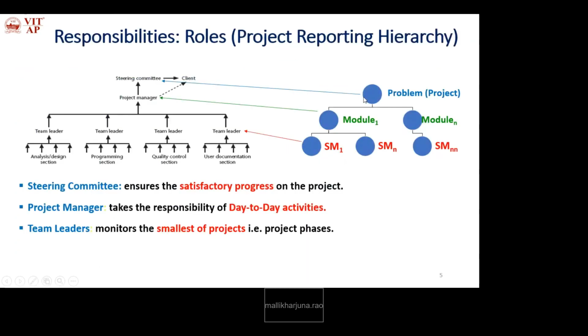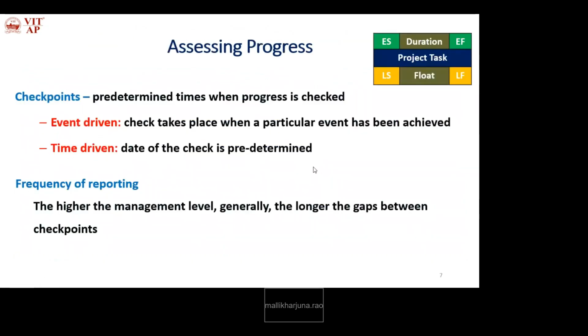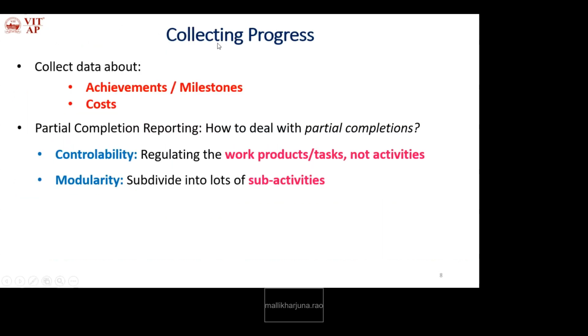Okay, so here we will prepare the report at each level. On top level, in the middle level and in the lower level, and also for every task, every parent task, for every grandparent task. Okay, we will collect the progress and assess, and prepare a report collecting the progress. How to collect the progress? So during development, we have to check how many tasks are defined, how many are finished, that is achievements.